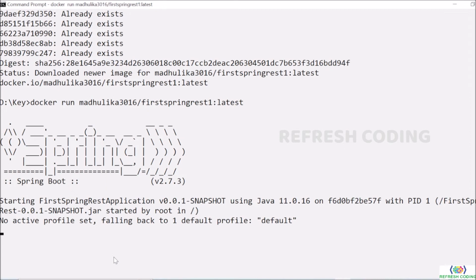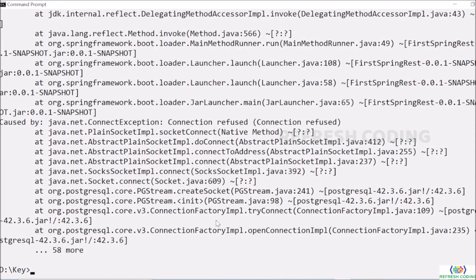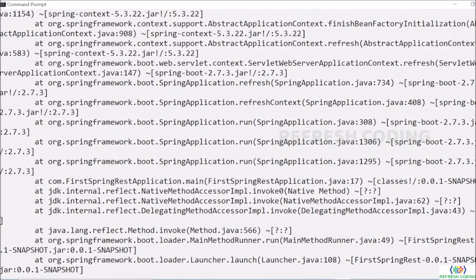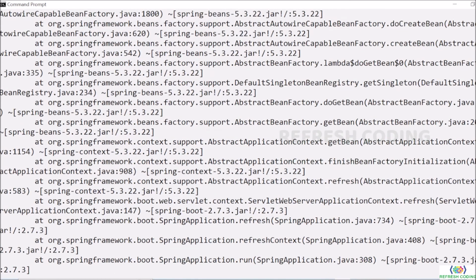It will take the software from the Docker registry, or you can say Docker Hub. That's why in that Dockerfile, that is what we are specifying. We are specifying here OpenJDK 11. That means there is an image already for OpenJDK with Docker. It will take this image and it will run your application. So you are not responsible for downloading and maintaining anything. That is the biggest benefit of Docker. That is why we say that it is a kind of container where we put everything and we ship it.